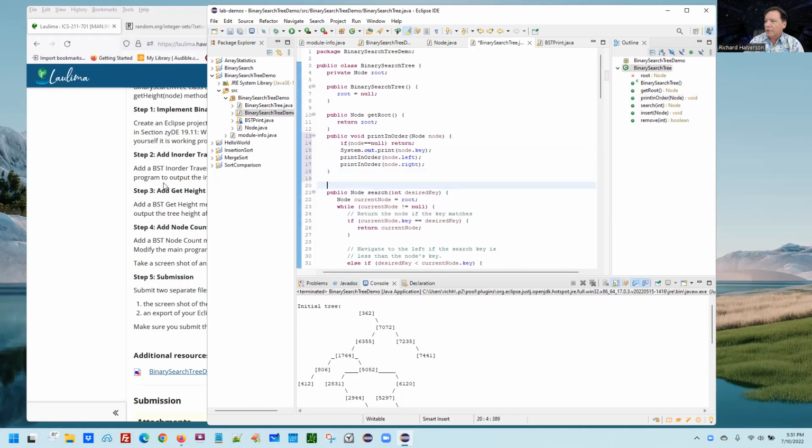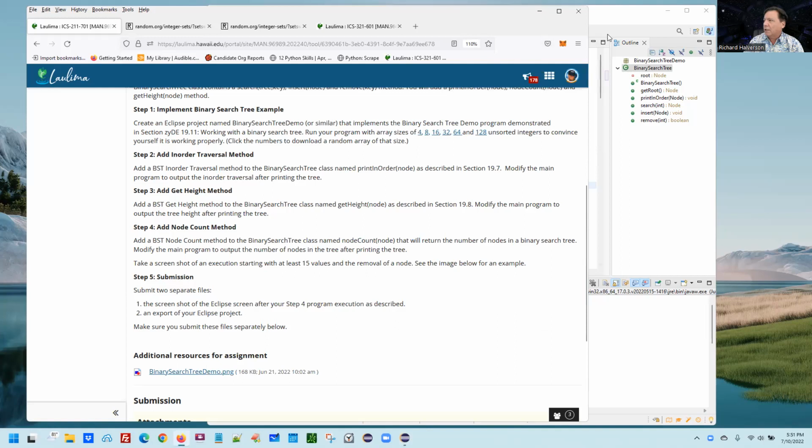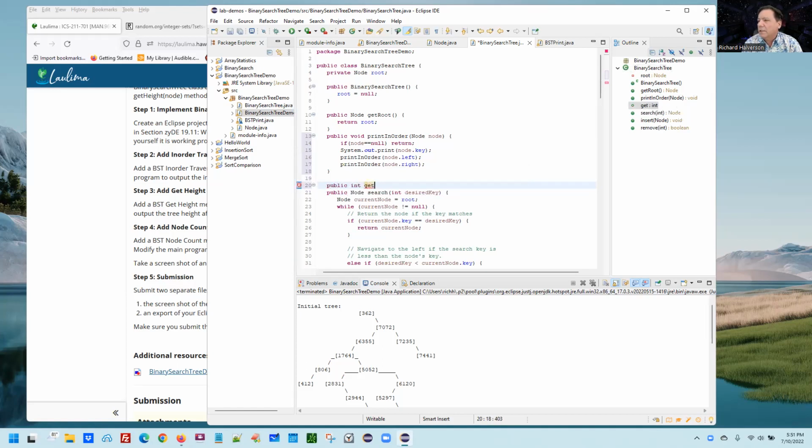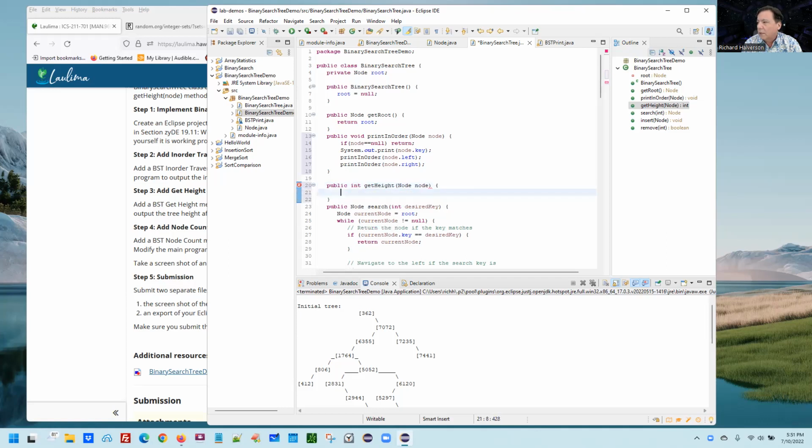And then we want to do a get height. And so a get height would be, it's going to return an integer, public int get height. What do I call it? Get height. And it's going to be a node input, a node parameter. And it's going to be the height